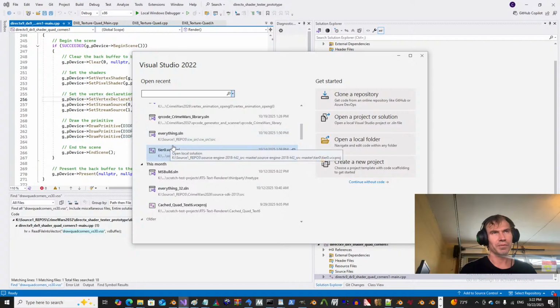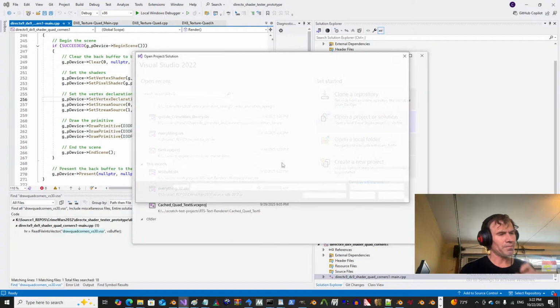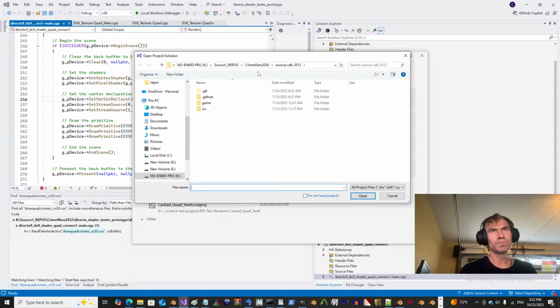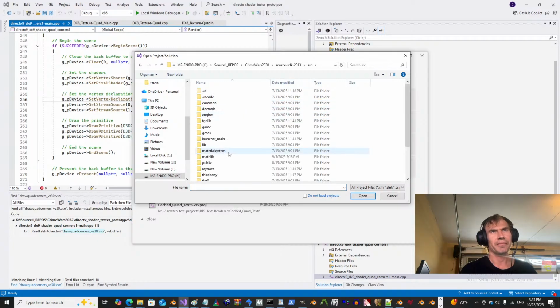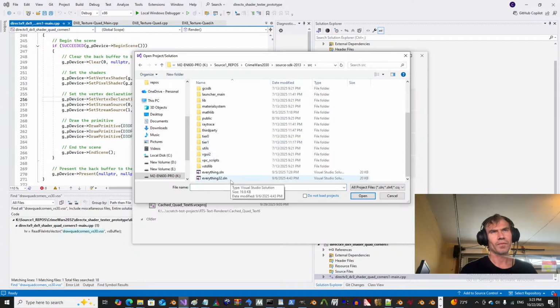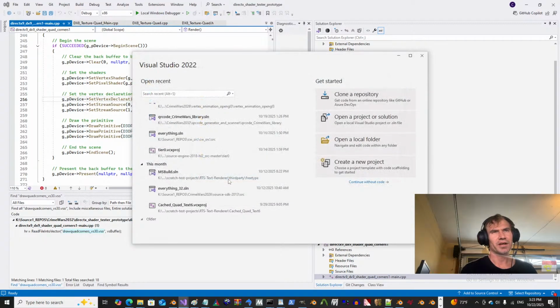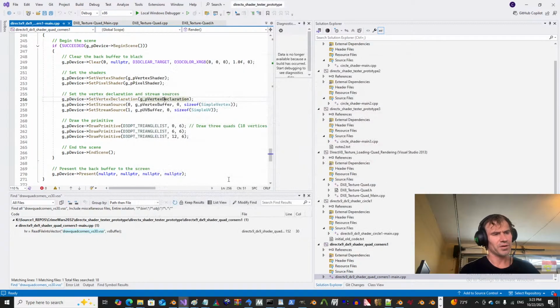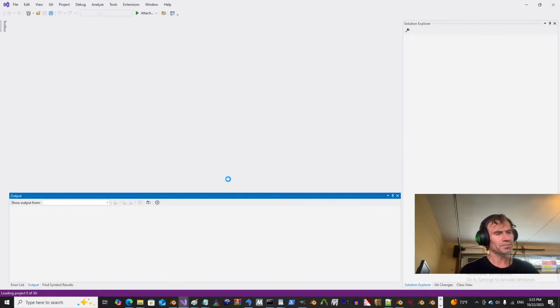This is the one I wanted to open, but really, let's open the shader editor one. Okay, is this the shader editor one? Is it 30? Yeah, I think it's 30. I think I got it working in 32 or 64. I think I got it working in 32. That was my goal. And I don't know if I got DX6 to work, but